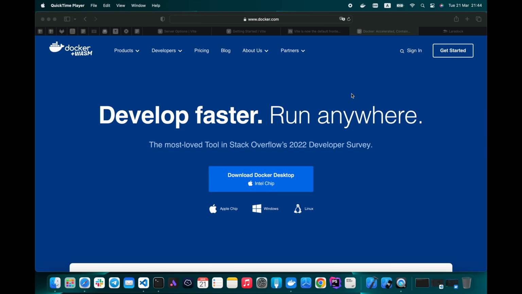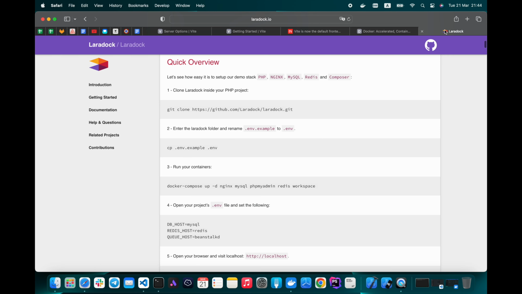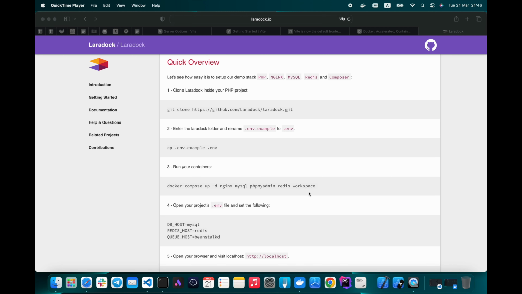In my previous video, I explained how to set up a Docker environment for development using the Laravel framework. I'll share a link to the previous video in the description to this video. So if you have an example Laravel project from my previous video, you don't need to do it again. Let's assume we have a freshly installed Laravel project.